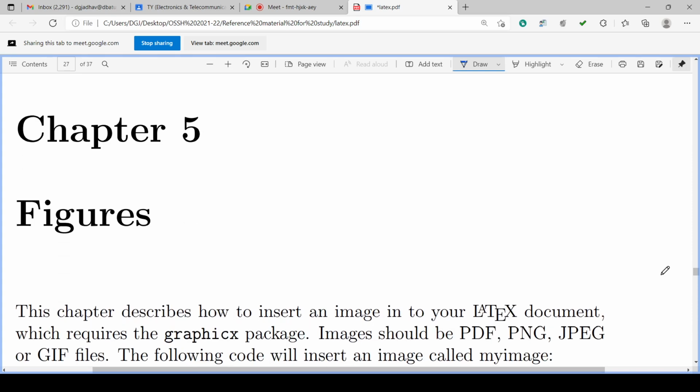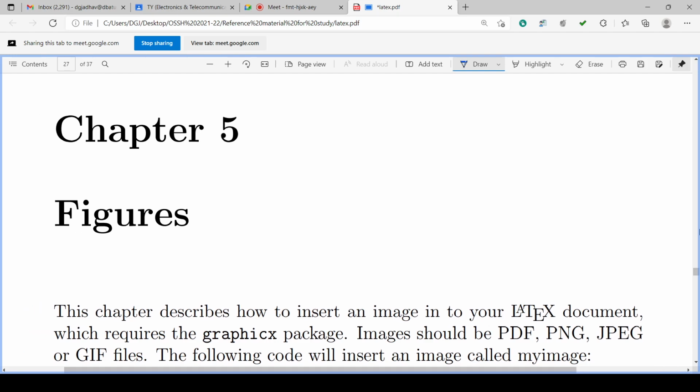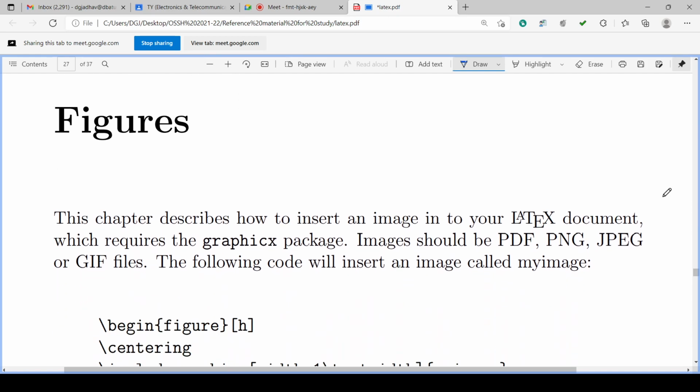Let us continue with the LaTeX software package, and we can have the figures also included in our documents. Normally the document requires figures.